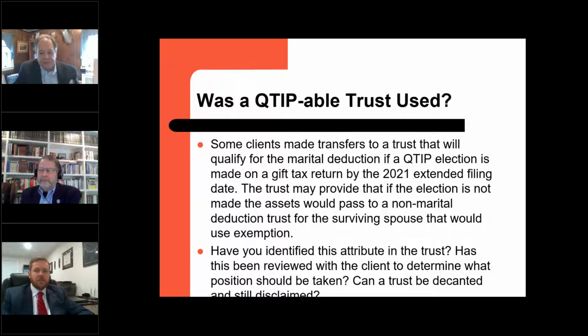So if I make a transfer this year to a Q-tippable trust, it's not 9 months from the time I make the transfer, where my wife, for example, could disclaim and it would come back to me. But we've got until October 15th of 2023 to decide